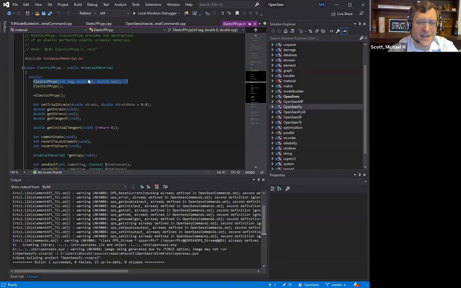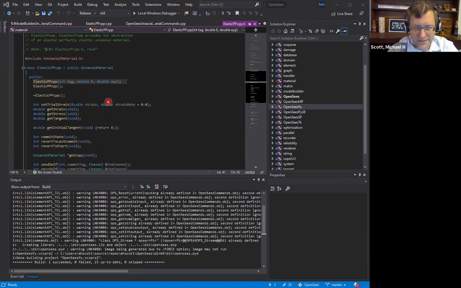Okay, so here's the header file, right? So then you will change this class name to whatever you want it to be, concrete, steel. All right, and then you'll define a constructor, which will just be the name of the class, and the tag, whatever parameters it takes in, a destructor, and then there's 5 methods right here that are the